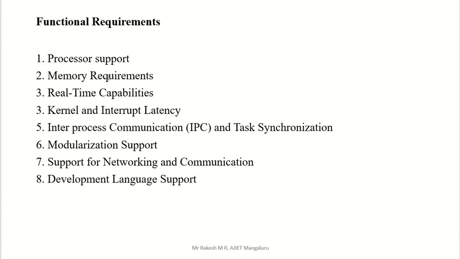Then we can go for the second one, memory requirement. Memory means we have two things, RAM and ROM, right? Primary memory, secondary memory, RAM, ROM. RAM is used for storing temporary data. The real-time operating system is stored in ROM because we need it permanently, right? Because whatever you store in RAM is erased when you switch off your device. So we don't want to store the operating system inside RAM. We have to store it inside ROM.